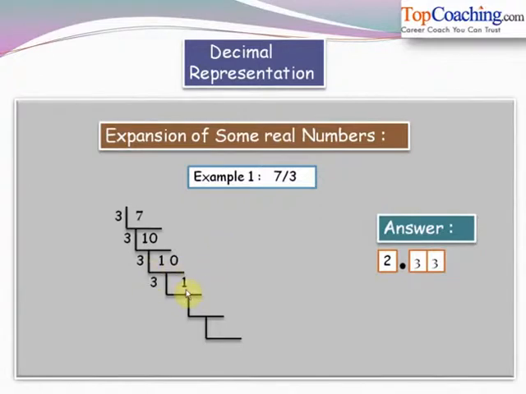Next again we have to divide this 1 by 3 and what we get is 0 being added because of this decimal and 3 being added over here. Thus again we get 1, again we divide this by 3, and when we again follow the same step we get the answer as 2.333333 and so on. So 7 by 3 could be written as 2.333333 and so on. Thus we clearly see that this is a non-terminating number because there is no end to the number of digits after the decimal. Also we get 3 as repeating, thus this is a recurring decimal.